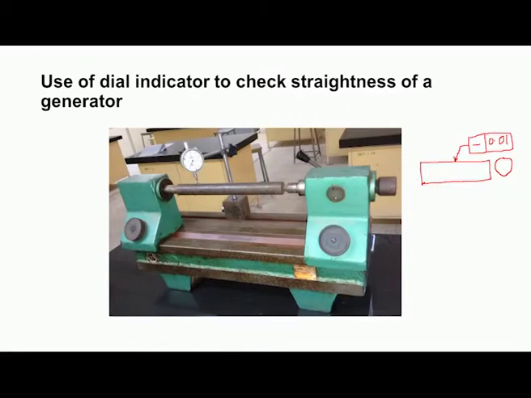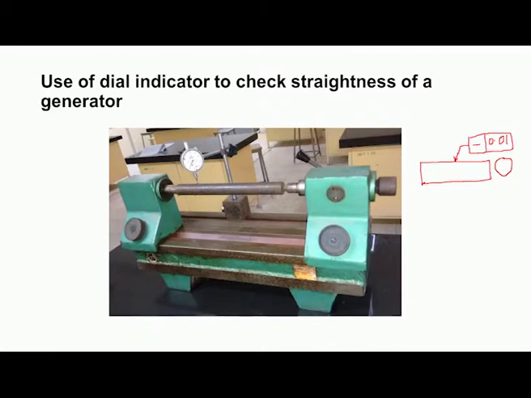Now, what we can do, we can clean the workpiece specimen to be tested for straightness, and it is mounted between the two centers. And then we can use a dial indicator and we should mount it as shown in this figure. The magnetic stand is placed on the guideways, and the stylus or probe of the indicator is placed on the topmost generator so that it is perpendicular, touching the topmost generator.